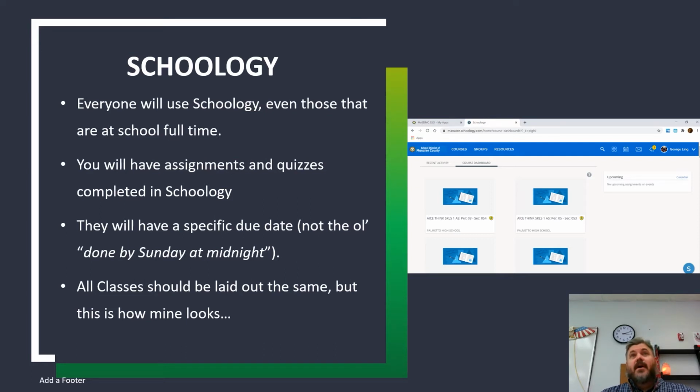If it's assigned on Monday, it's going to need to be turned in by Tuesday at some time. Particularly for those on the hybrid schedule, because what I do Monday, Tuesday, and Wednesday, I'm going to do in e-learning, in class, and with the hybrid kids on the AICE schedule. So when you come in Thursday, it's expected that you did the assignments from Monday, Tuesday, and Wednesday. So when you come in on Thursday, it's not, well, I don't really know where we're at. Because you should know, everything should be the same. And all classes should be laid out the same in Schoology. But here's how mine will look.